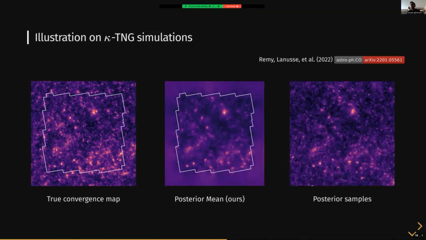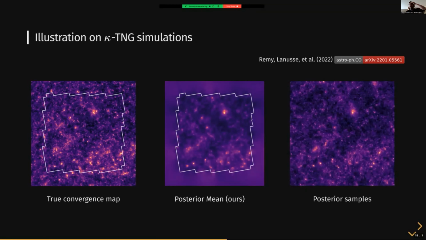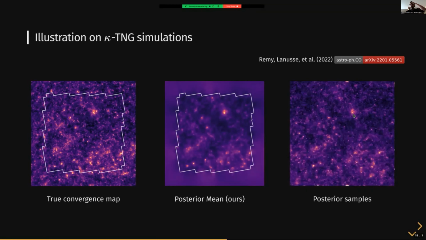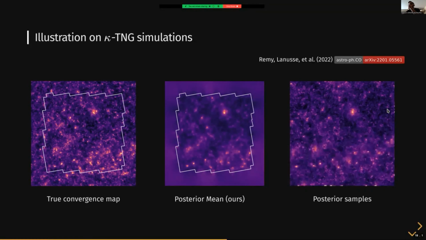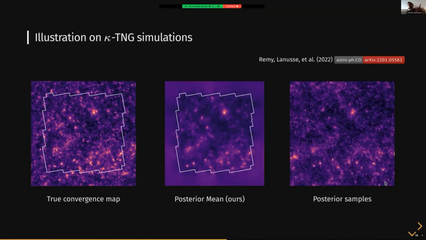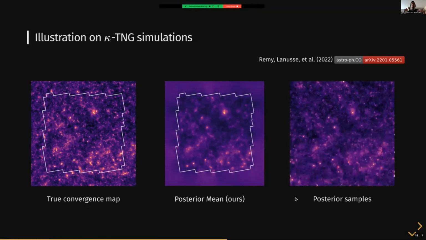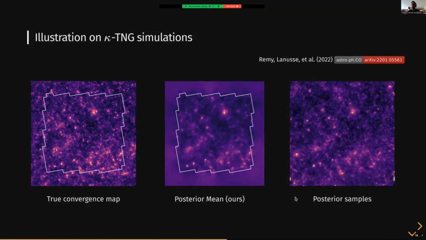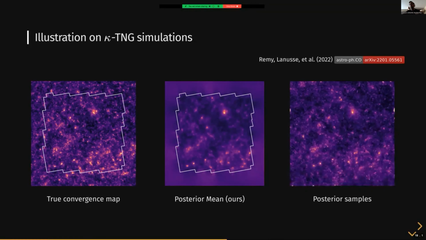So no matter the reconstruction, there is no choice. The data wants to put something there. This is why you see it all the time in our reconstructions. And then if you see outside of the survey, you'll see that each reconstruction is very different from each other because it's no longer likelihood driven. It's no longer driven by your data. It's completely prior driven. So it always looks like a map of dark matter, but it's never the same one.